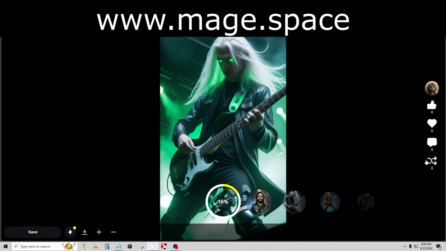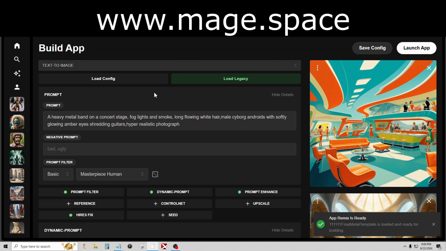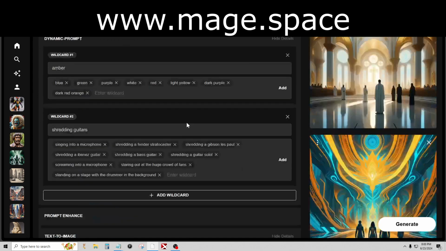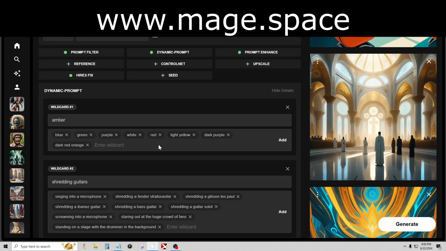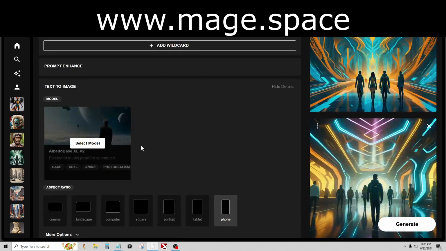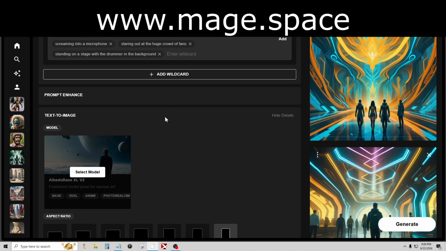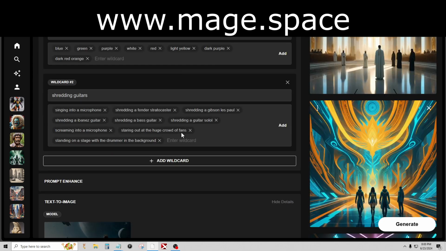It's not because I have it set up differently. I'm not using the fast lightning model. I'm just using text to image. And here we can get all that stuff that we're used to, like for those of us who are used to running notebooks and Comfy UI and that kind of thing. So we still have all the tools here that the old Mage had. You just have to get in a little further here. And you can also get in here and change things